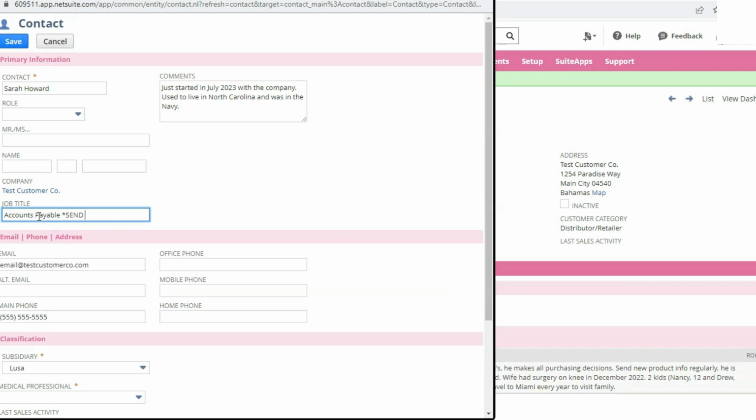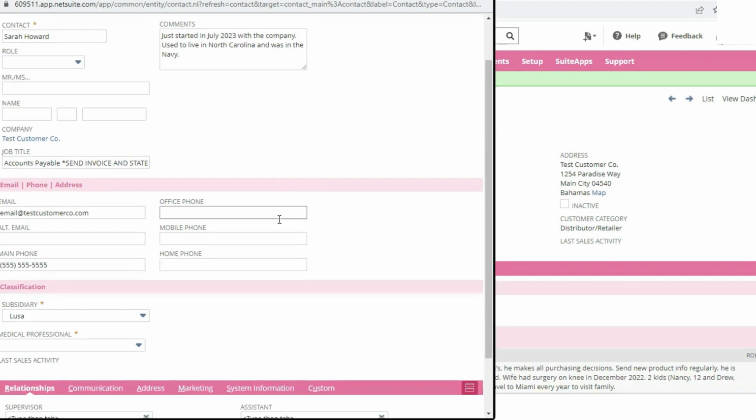You can say send invoice and statement. So that right there is an easy way to really drive home the point that she needs to receive invoices when we are sending them from the system.